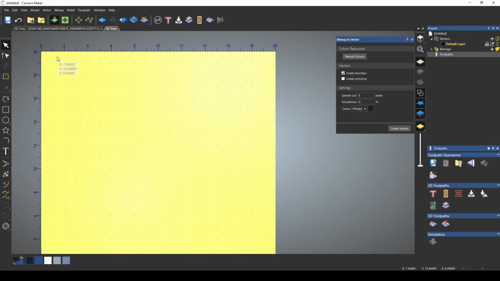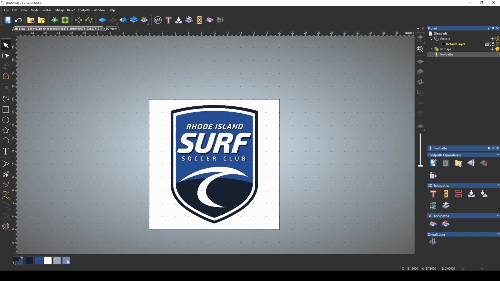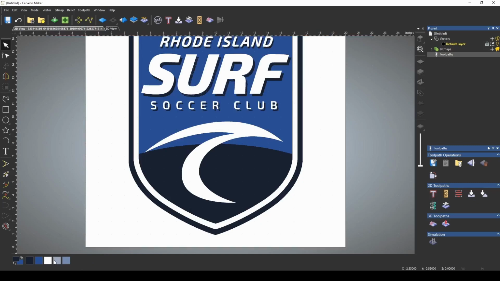Let's delete this and let's go back to our 2D view. And I also wanted to show you that you can combine these colors manually. So these two colors are pretty close together, but let's say that we wanted this lighter color to be the dominant color. You can combine colors together with the combine button. Whatever is primary will take whatever's secondary and combine those two colors together. So right now we have this light colored blue and this sort of darker colored blue. If we press the combine button, you can see it linked them together. We now have everything that was this color is now this color.